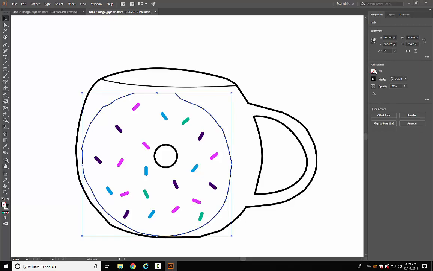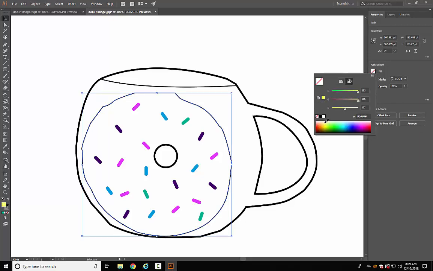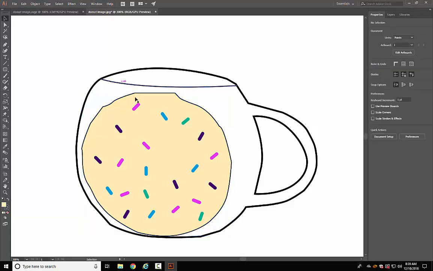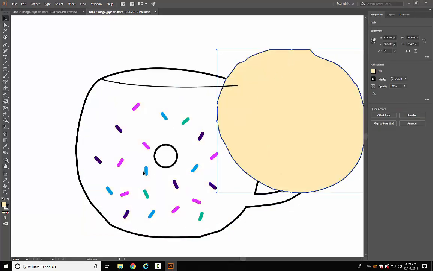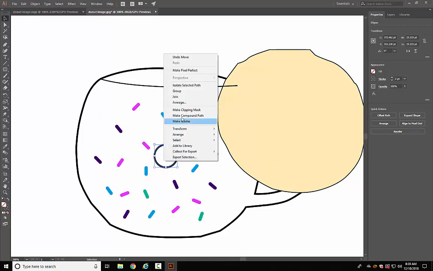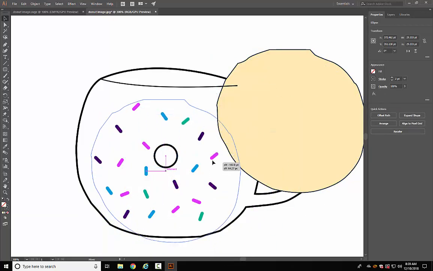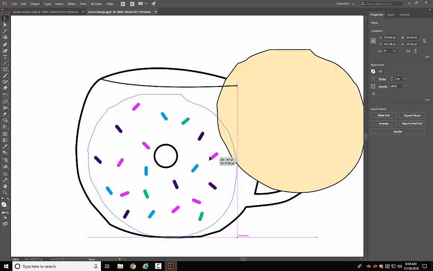Now, to change the color of the background and everything, you're going to select this one, so that's one shape. So we're going to make that kind of a donut-y color like that. And then you saw the circle in the back disappeared, so what you're going to do is click on this, move it to the side. You're going to take this, right click, go to arrange and bring to front, and then you can move this back into shape,